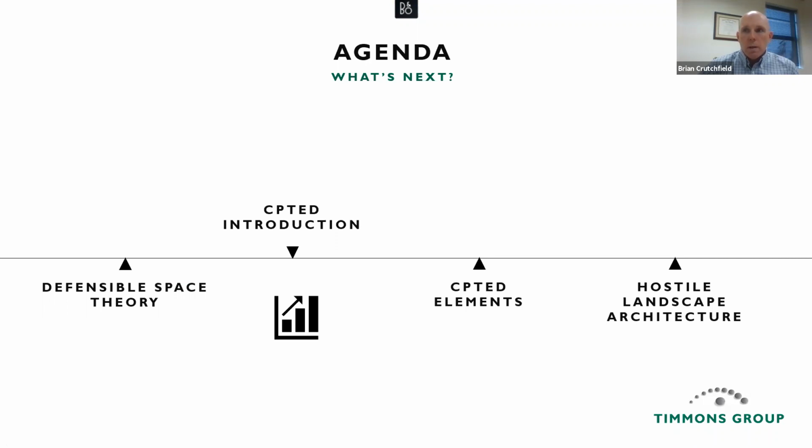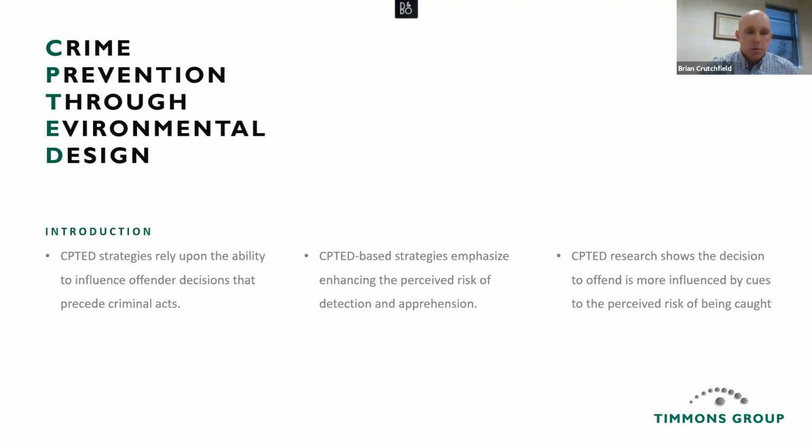So we're going to talk quickly about CPTED and how the defensible space theory was one of the precursors to what we now know as crime prevention through environmental design. There are a lot of publications out there about CPTED, but there's really no rigid manual or score sheet to follow like we would see in some of our other aspects, whether it's LEED or green buildings or anything like